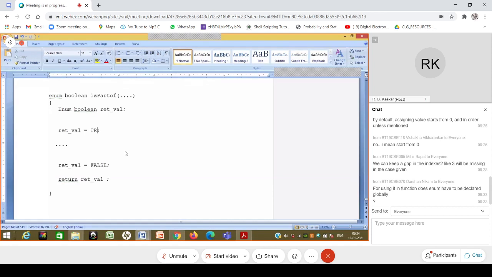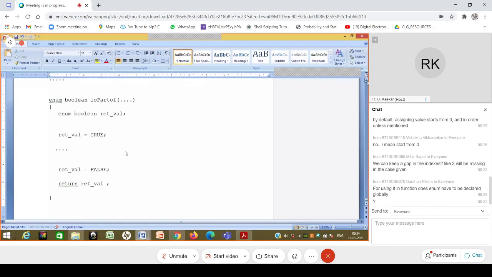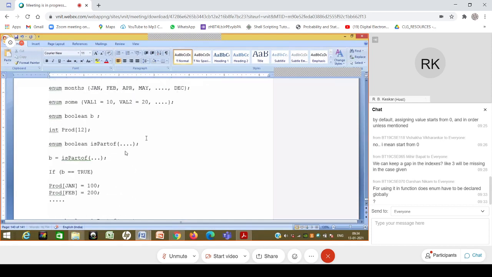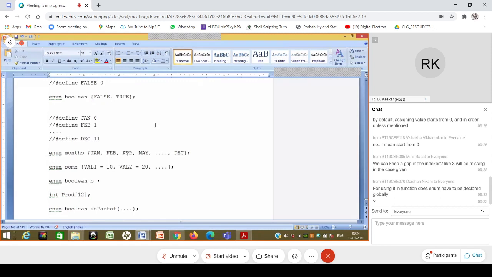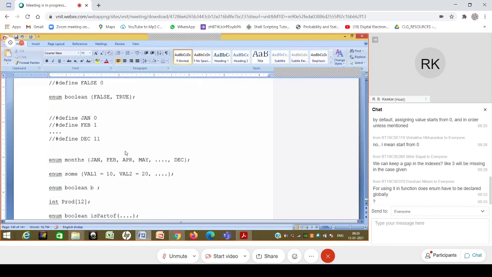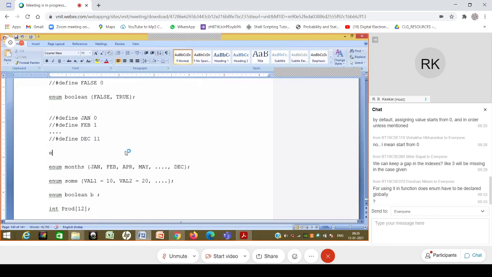Whereas if you use a C++ compiler, it is a more strict compiler and it considers enum boolean as a type itself. Then it actually checks whether the names that you are initializing or assigning to this b of type enum boolean are part of this set, or rather the set above. Where did it go? Okay, I think I just removed it. So here, whether it is part of this set, false or true, or not. That is checked by the C++ compiler, but not by the C compiler.